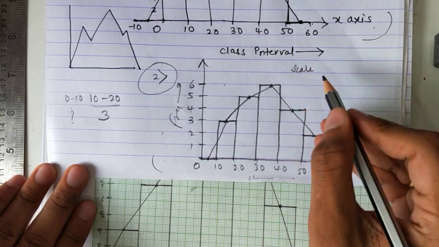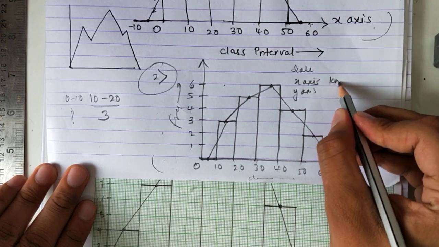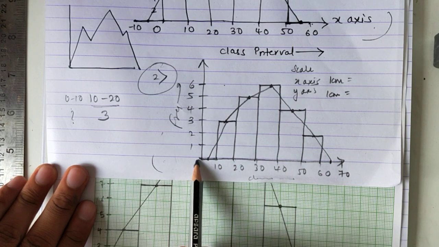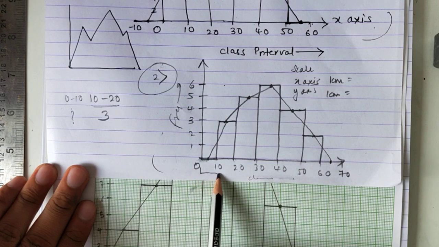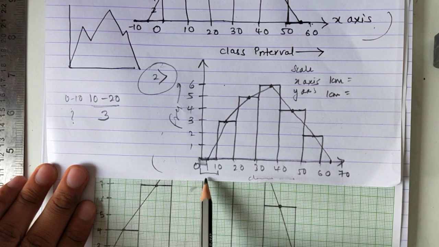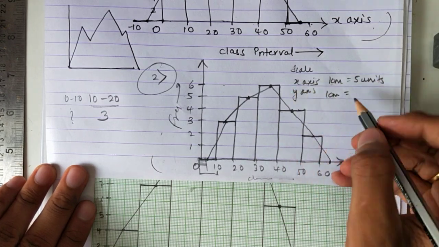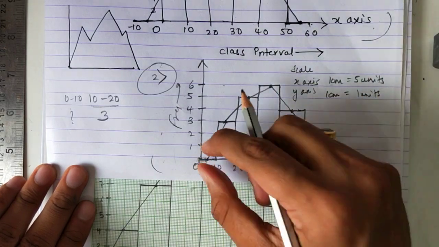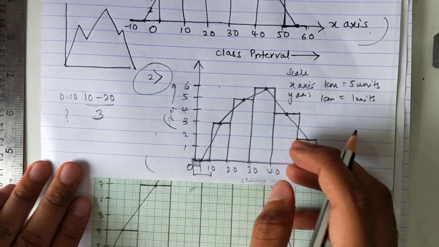Then you will have to write the scale on the x-axis and on the y-axis, 1 centimeter equals. Now in your textbook, if you have taken 1 centimeter as 0 to 5, then this total is 2 centimeter. For example, you have taken the total as 2 centimeter, so this half part, that is 1 centimeter, will be 5 units. So you write 1 centimeter is 5 units on the x-axis, and on the y-axis it is the same, so the y-axis will be 1 unit. So you have taken the gap of 1. So this question is done.